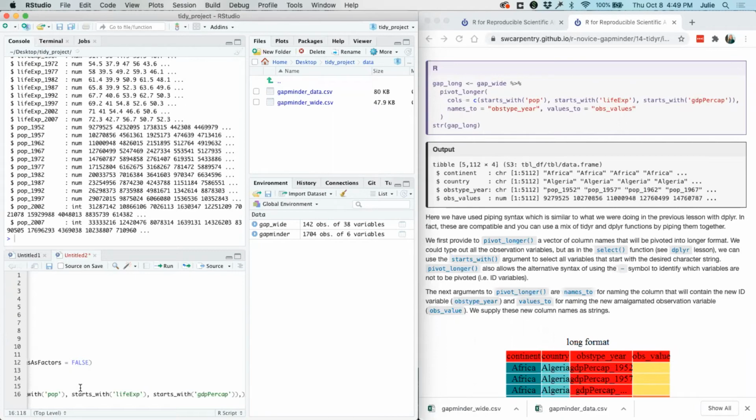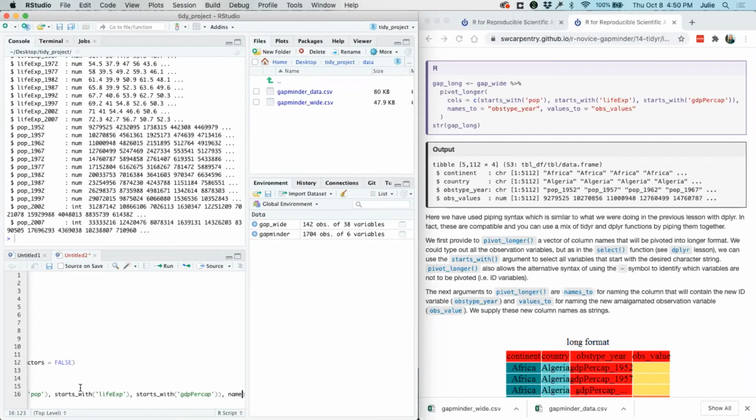Then we will use the names to for naming the column that will contain the new ID variable. We'll call that obs type year. And then the values to for naming the new amalgamated observation variable, we'll call that obs value. So we supply these new column names as these strings.